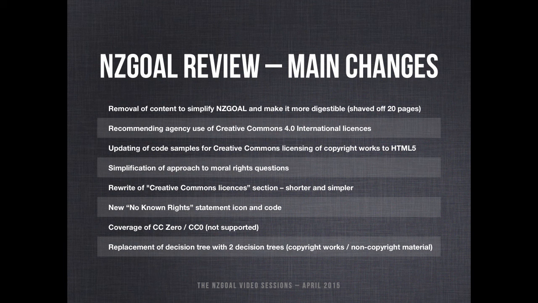So what's changed? The main changes are these. First, about 20 pages have been trimmed from NZGOAL to make it a more digestible and approachable piece of guidance. For example, the summaries of the licenses have been heavily condensed, some superfluous paragraphs have been removed, and the more detailed discussion of copyright law that had been in an appendix has been removed and placed in a separate NZGOAL copyright guide. Second, NZGOAL now recommends that agencies use the Creative Commons 4.0 international licenses in preference to the 3.0